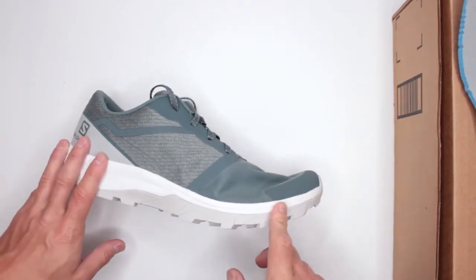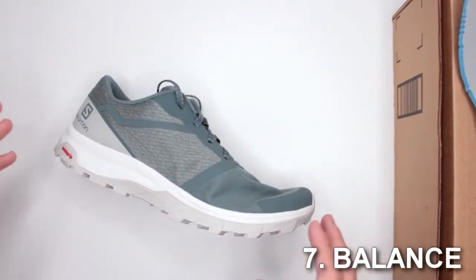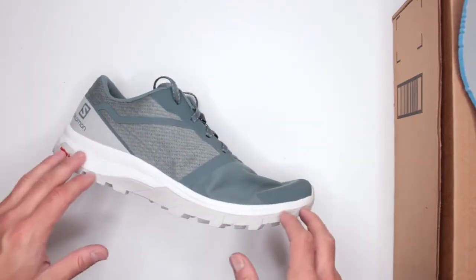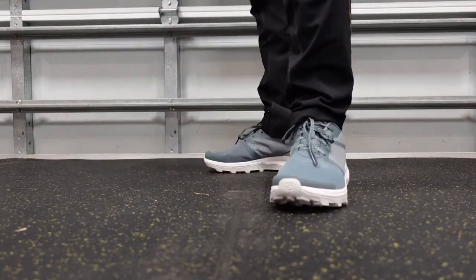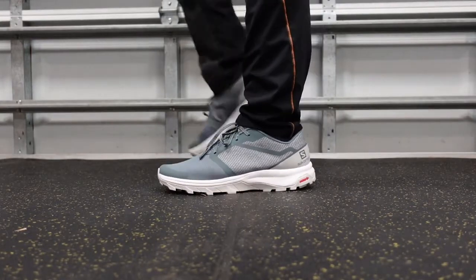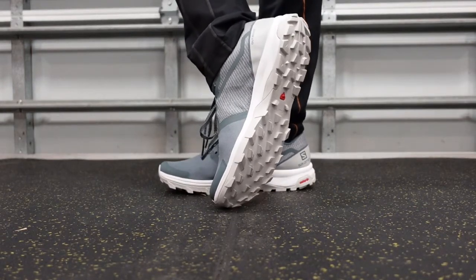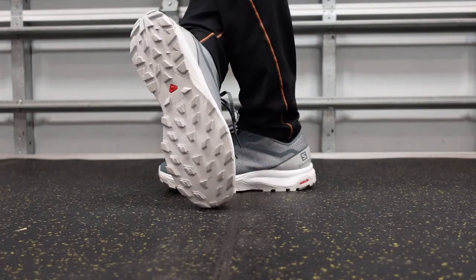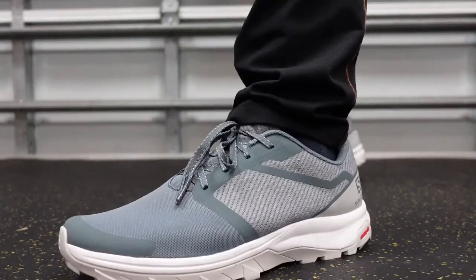But let's move on to criteria number 7 now, the balance of application. So if this really was your ultimate survival shoe, right? Not a boot, because it's not a boot. Would this be good for your survival? I mean, if you really want to run fast, climb fast, I don't know, fight fast, just be fast. If you prefer lightness over any kind of protection, any kind of proofing, this is a good option because